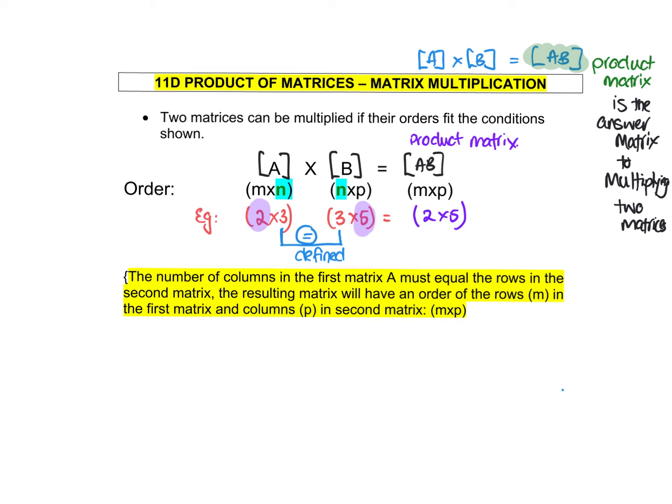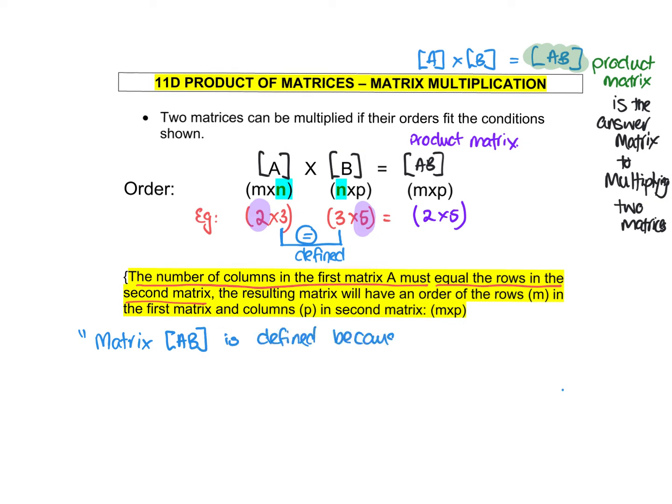Okay? So if they ask you to explain why these matrices can be multiplied, you must write this statement here. You'd be writing the number of columns in the first matrix equals the rows in the second. So we might write a little example there. Matrix AB is defined